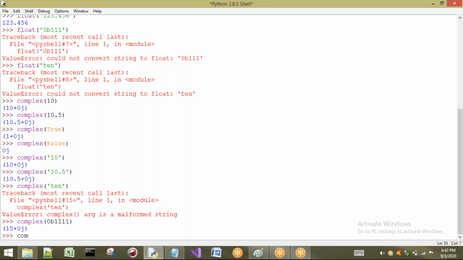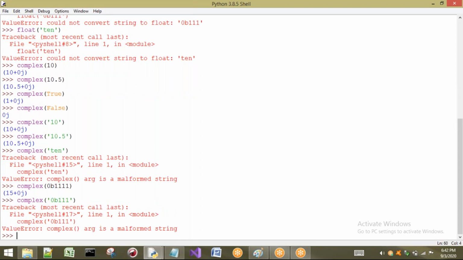If I take it without any brackets, it is nothing but an integer, but in a different form. Integers can be taken, no problem. But if I am going to consider complex of string, I am talking about strings. So if I take a different format, it is not working. This is int type only. Here 10 is also an int type, but it is in decimal form, and this one is in binary form. That is the difference.